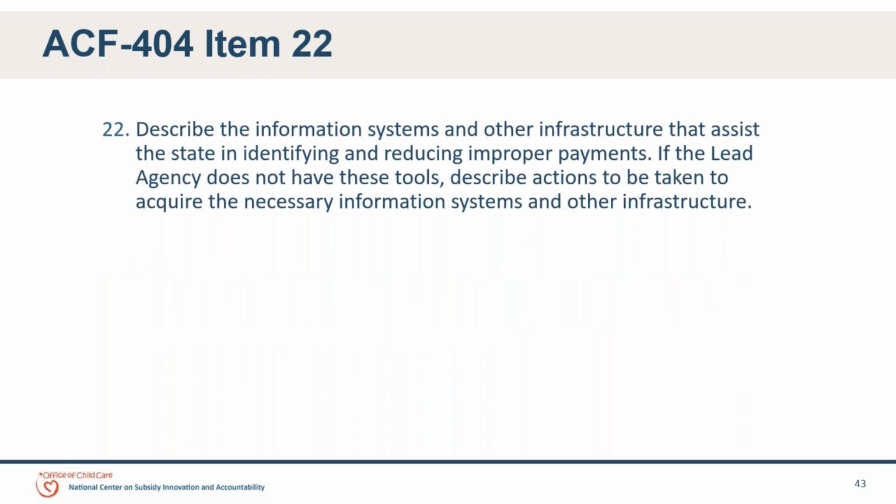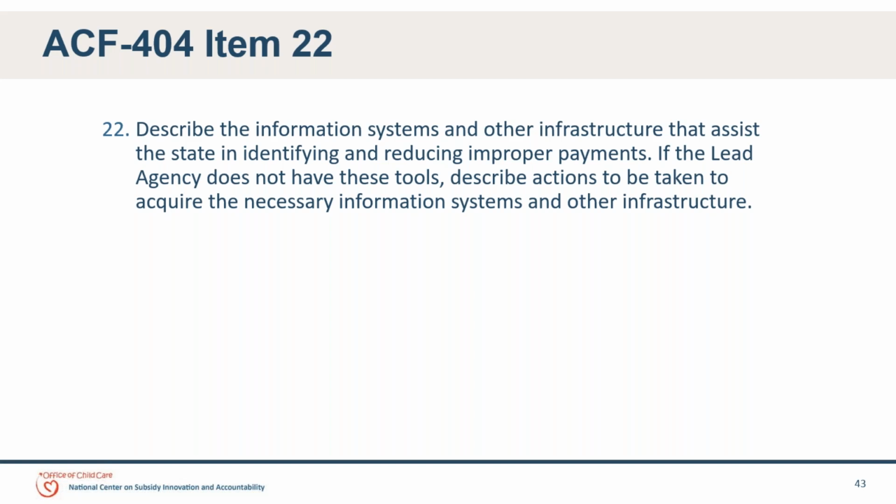Moving to item 22, this one asks you to describe the information systems and other infrastructure that assist the state in identifying and reducing improper payments. If the lead agency does not have these tools, describe actions to be taken to acquire the necessary information systems and other infrastructure. All right, so for this one, information systems could include automated systems that help with accurate eligibility determinations, systems or reports that help to identify and reduce errors,